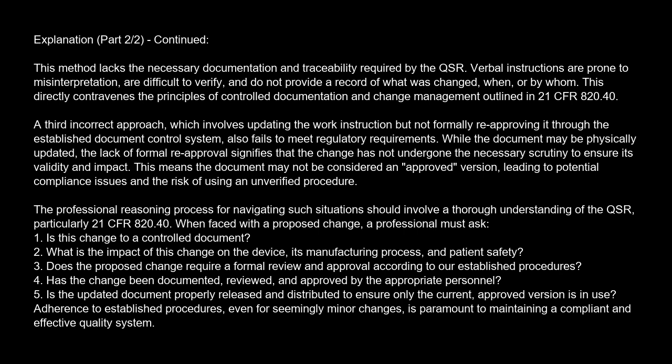A third incorrect approach, which involves updating the work instruction but not formally reapproving it through the established document control system, also fails to meet regulatory requirements. While the document may be physically updated, the lack of formal reapproval signifies that the change has not undergone the necessary scrutiny to ensure its validity and impact. This means the document may not be considered an approved version, leading to potential compliance issues and the risk of